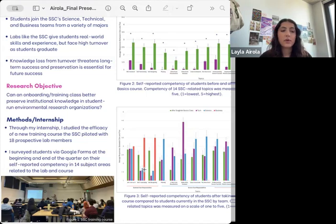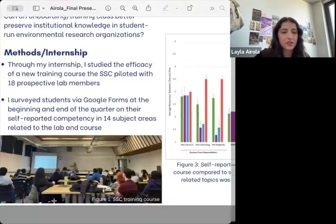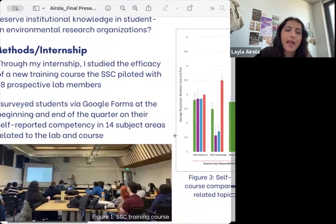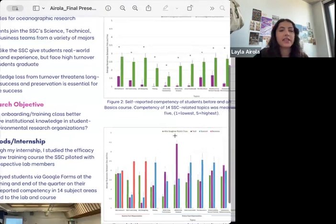And so I surveyed students at both the beginning and end of the quarter on their self-reported competency in 14 subject areas relating to the lab and the course's content. So here's a photo of what the class looked like. And so my results from here